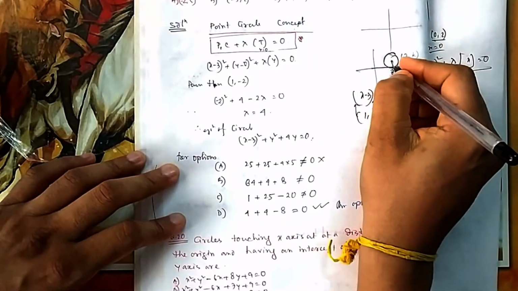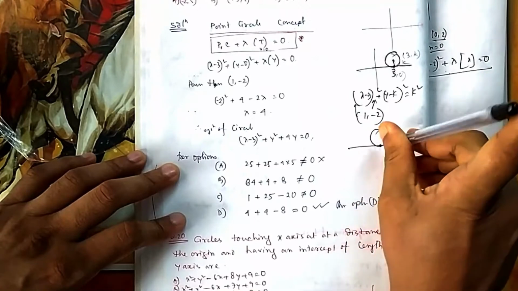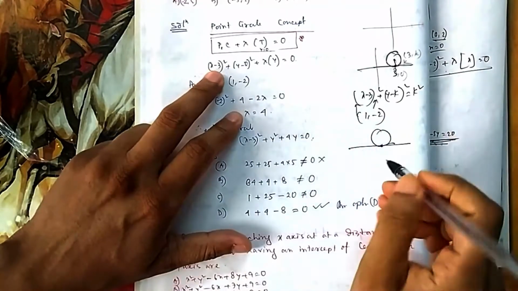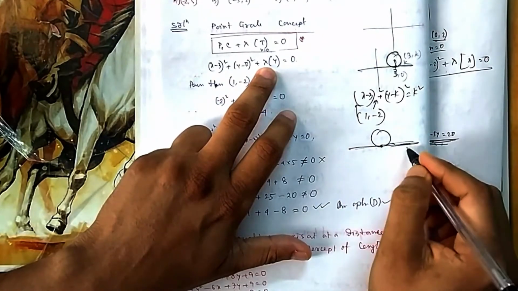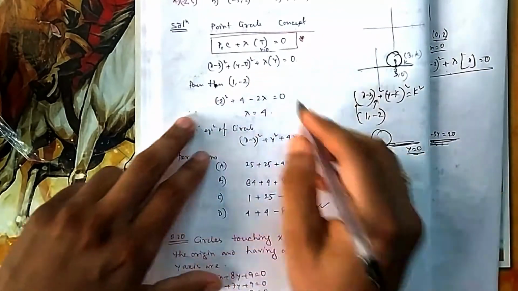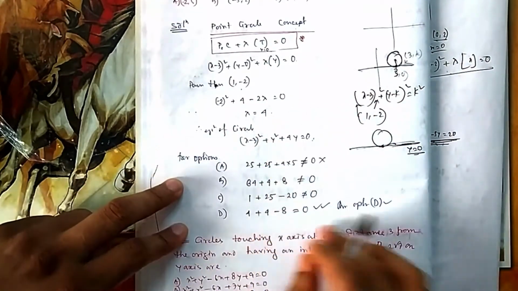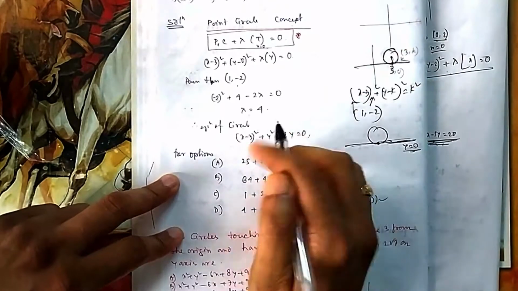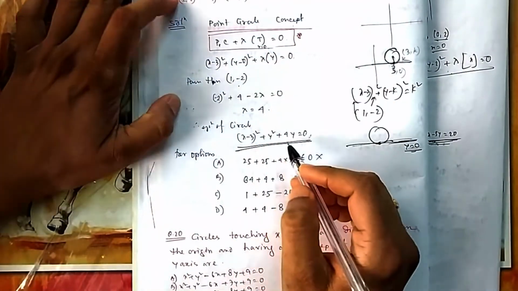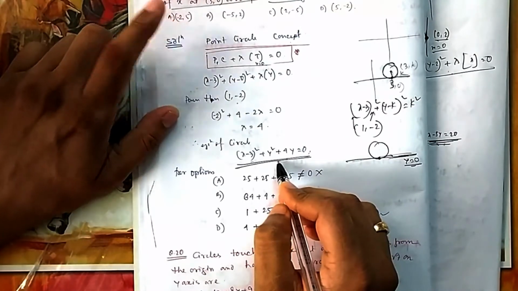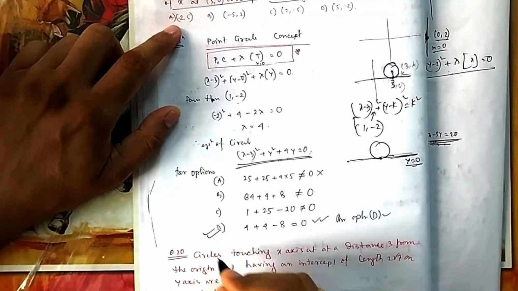And here they have used the point circle. You know this circle, this point: because the circle touches this point, this point became a point circle. So the point circle is x minus 3 whole square plus y minus 0 whole square, 0 radius, plus lambda into the equation of this line, y equal to 0. Because it passes through (1, 2), if you put it, it should satisfy. So from the options you can see, now this is the equation of the circle. Now which is also a point on the circle? If you put the point on the circle, it should satisfy. You put the points one by one, you see only option D will satisfy.